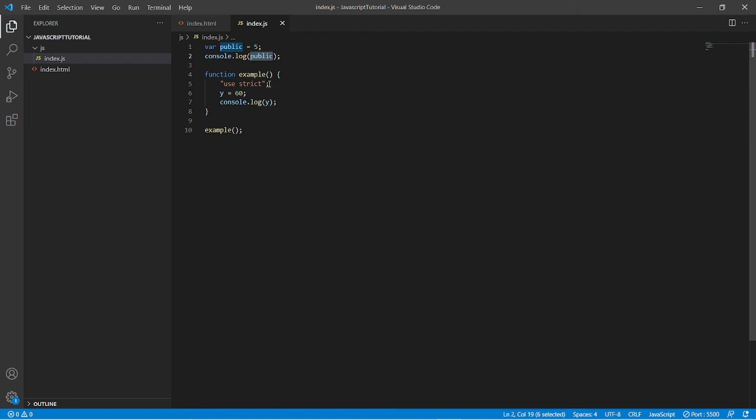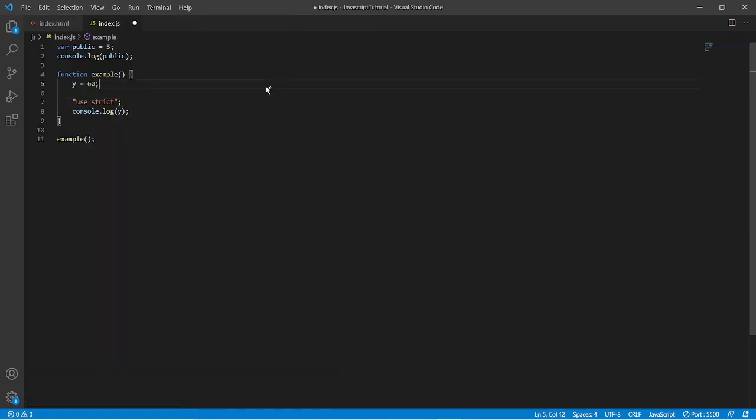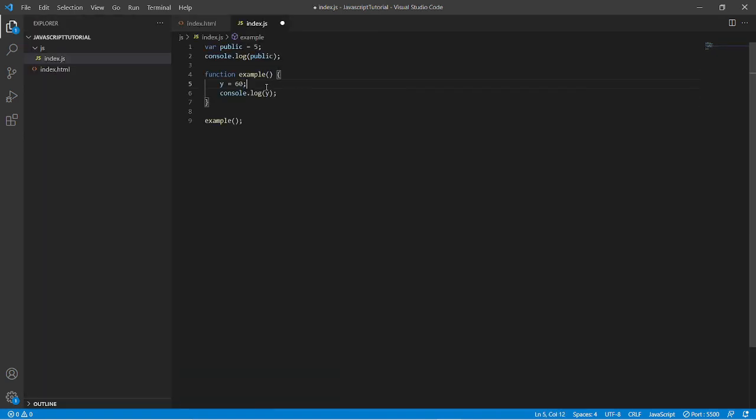So we can either put use strict inside a function or at the top of the file. But you must remember that if you are putting this directive inside a function, then also it should be at the top of all of the code inside the function. If you put it on line number 2 or the second line, it won't work. The same case that we just saw for the global use strict directive. So I hope it is clear to you.